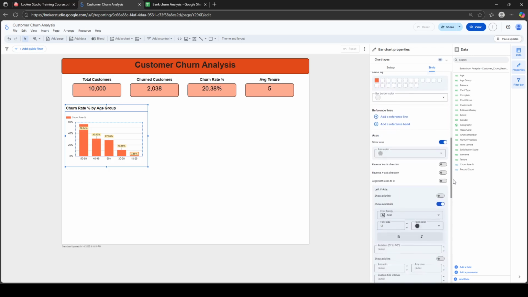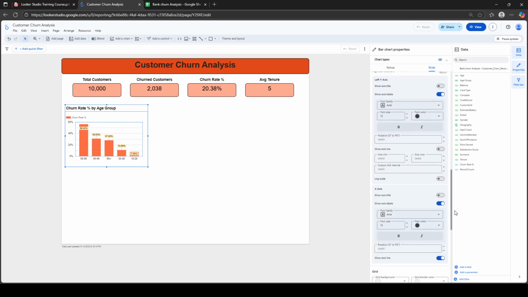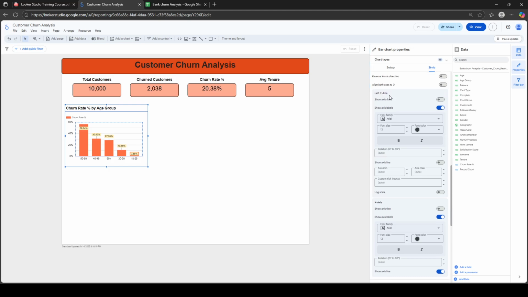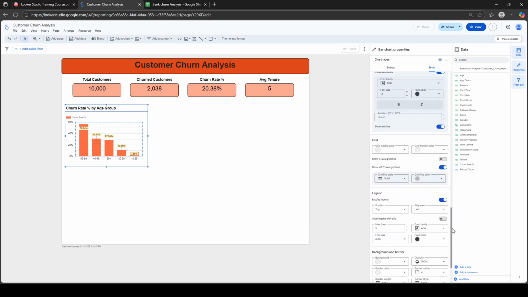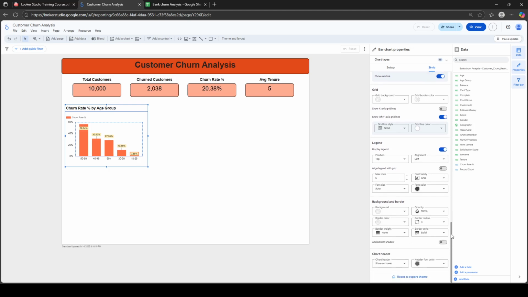If you want to do anything to the axis, you can change that as well. You can just play around with that. We also don't want this green grid line color, so let me just update it to white. I don't want it. And then we can also update the